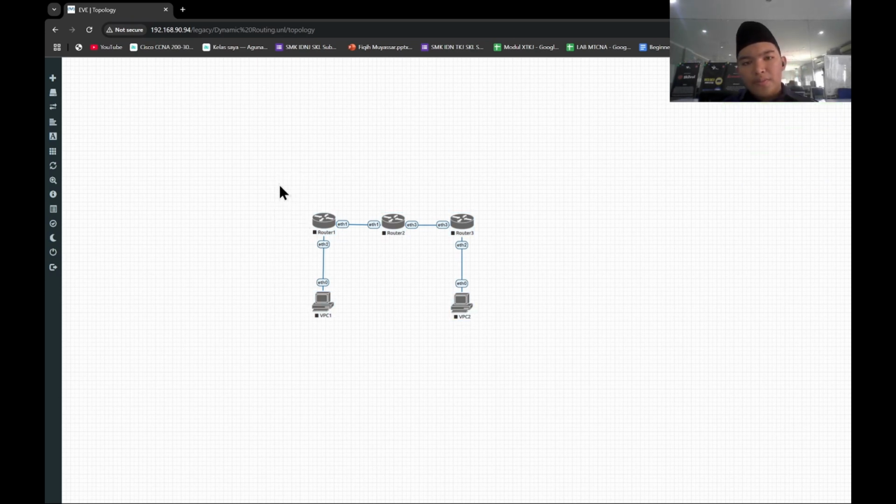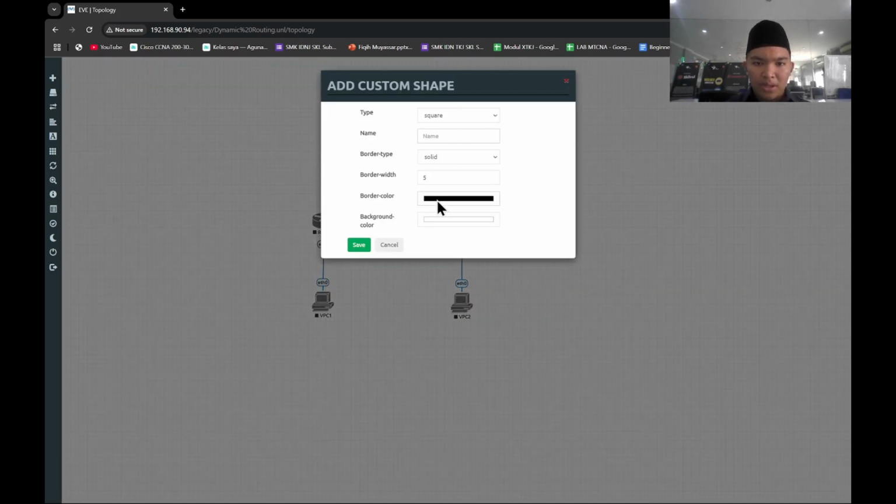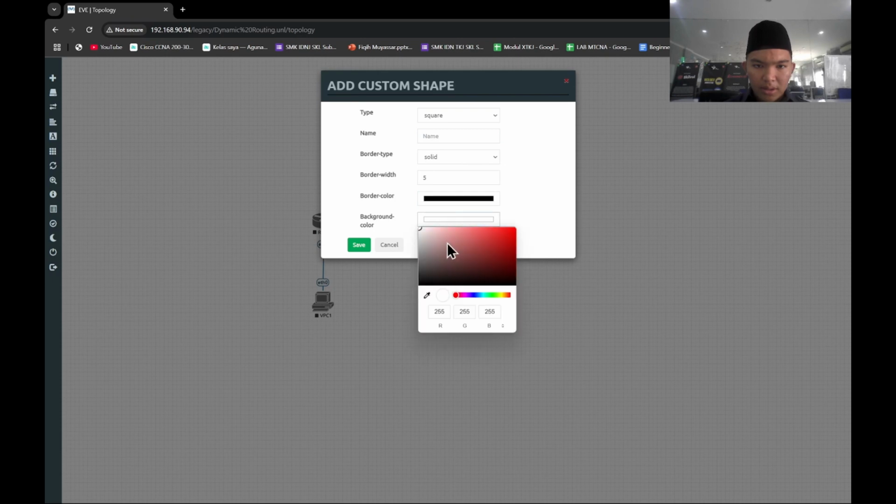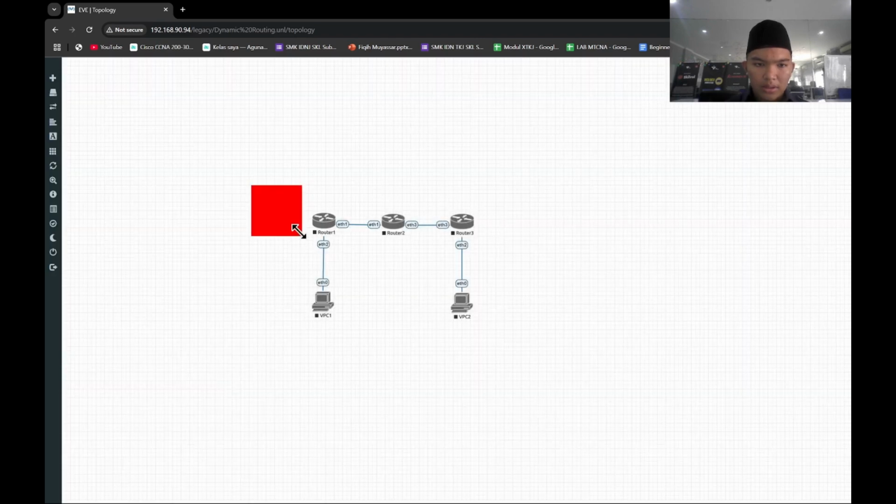Because in this video I'm going to explain how to use dynamic routing with OSPF, I will explain first how OSPF works. So OSPF works with an area or grouping system like this. I'm going to make a custom shape first, maybe just in red, like this.